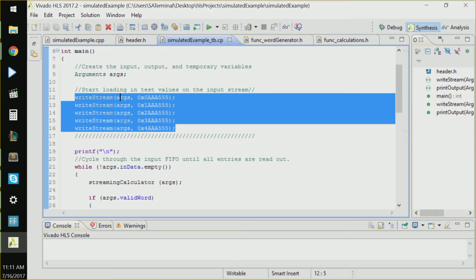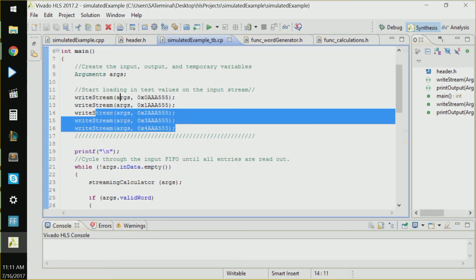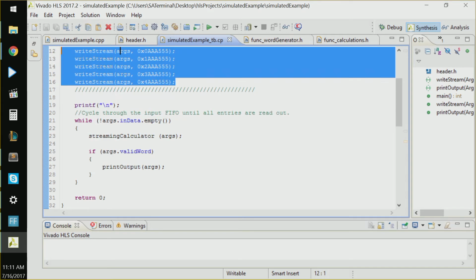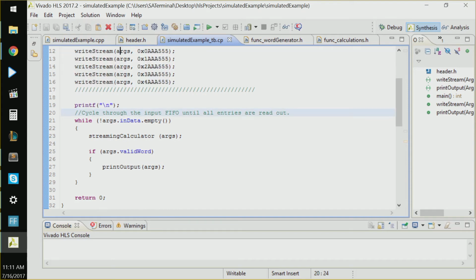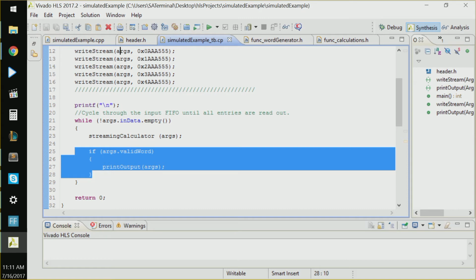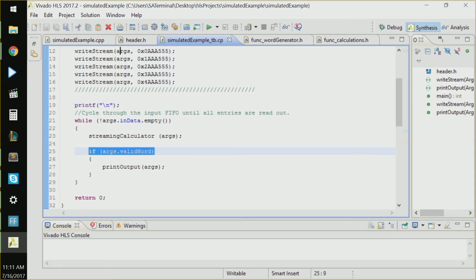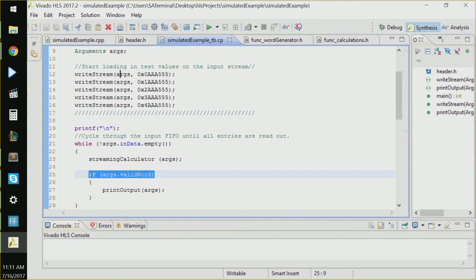Yeah. What this will essentially do is create a FIFO of a depth of 140 single bits, which is 5 28-bit values. So as before, we have to do something with that. While there's information in this FIFO, we're going to call the streaming calculator, and inside of this, if we have a valid word, because remember, we only need 5 outputs, not 140. Within this, we have our valid word flag, so that once we have pulled in 28 bits from the stream, we will flag that as a valid word, we will process it,